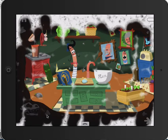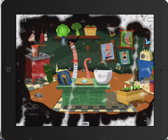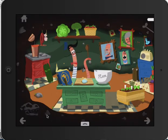That's better. You can click on any of the plants or vegetables like the broccoli. You can click on the cookery book and turn the pages. So you can click on almost everything on this page. You can click on the...